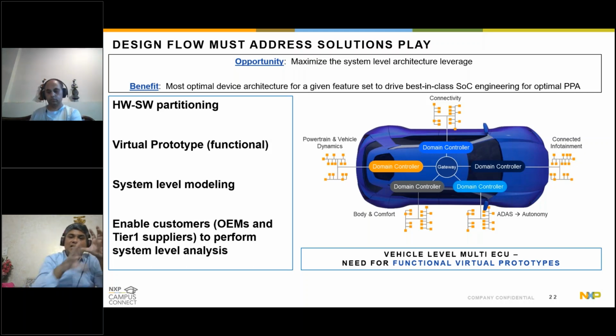In the end, the car itself will become a model where somebody else, a customer, maybe an OEM or a tier 1, can simulate it, right? And I'm not saying fancy things here. It is actually demands which are coming. Can you give us a virtual prototype of the architecture that we can emulate at our end, right? When I say our end, it's the customer end, somebody who is assembling the vehicle itself. So these are the kind of opportunities that we have to play around, and that's a fantastic opportunity for all of you young engineers out there to address solutions with the right design flow.